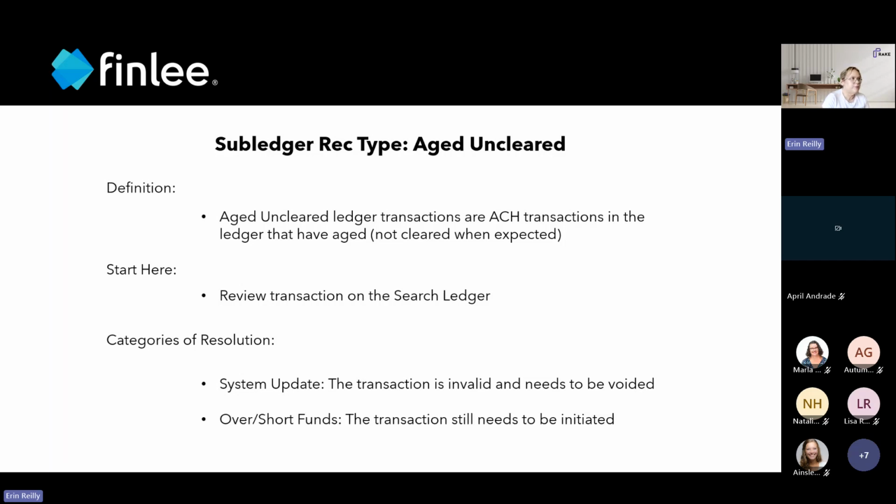There is a monetary impact to some aged uncleared items, so I don't want you to just assume that it needs to be voided. That's the default for some customers: oh, it's an aged uncleared item, it hasn't happened, therefore it shouldn't have happened. That's not always the case. There's some indication that a transaction still needs to be initiated if it does have a monetary impact. A good example of that is especially during quarter end, when your tax team is making tax payments and marking them as paid,